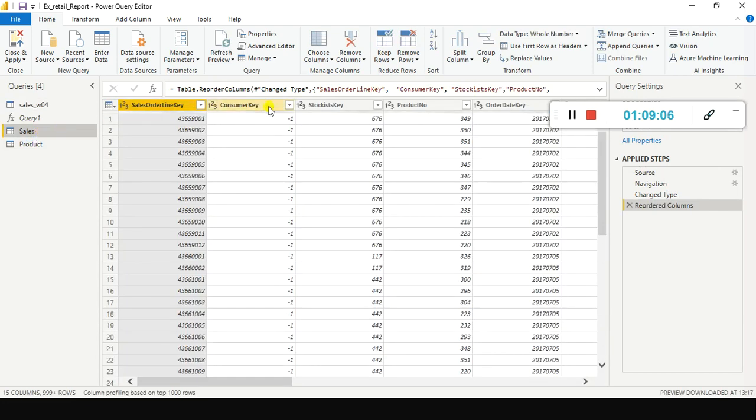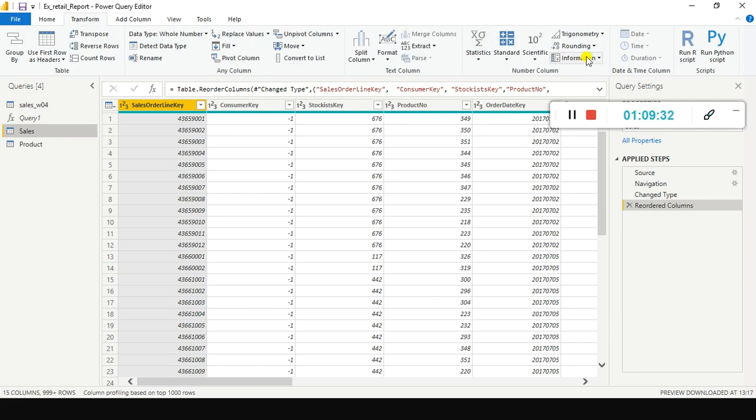Because in the sales table we have only the product number, we don't have the product name, and the product cost is also not available. So what I do is try to join these two tables into a single one. I join these two queries into a single query so that the newly created query will have both the product-related details and the sales-related columns. I go to Transform and then to merge here.